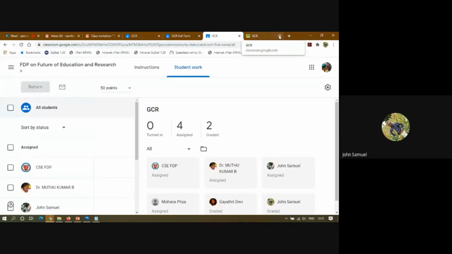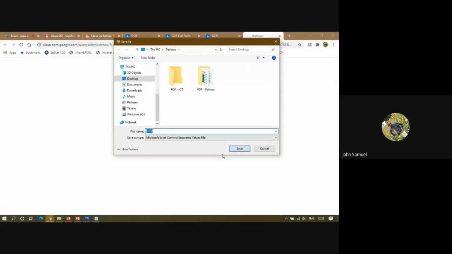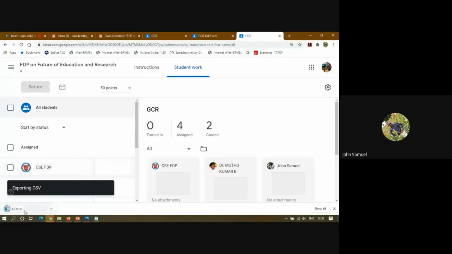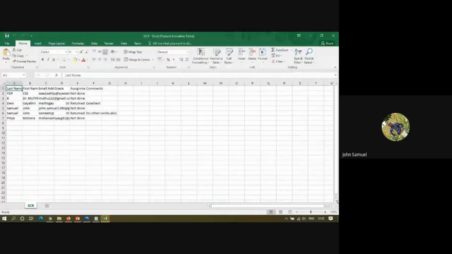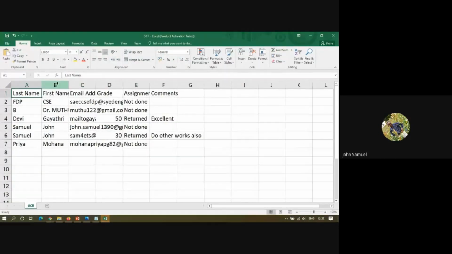Right, at last, finally, only one thing I want to show you, that is the marks. So in the student, after the completion, I am in that assignment window. So I am here selecting this setting button, that right top. So download these grades as CSV. Okay, I am clicking it. You can get the report of, you see, it's downloaded. Right? You will get a detailed report.